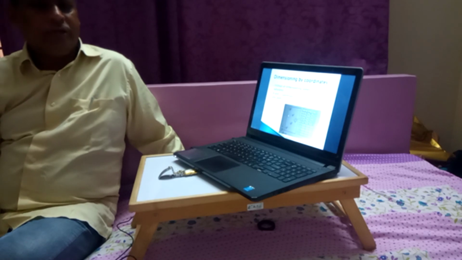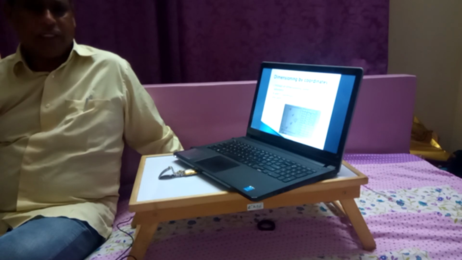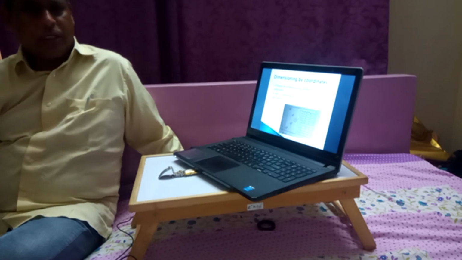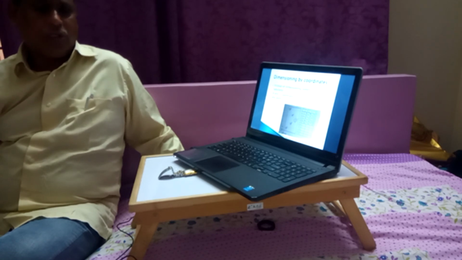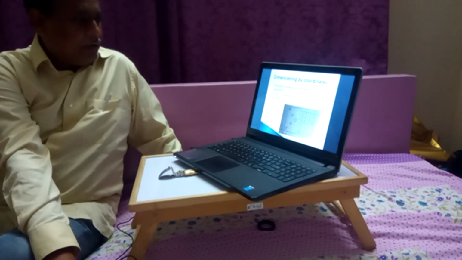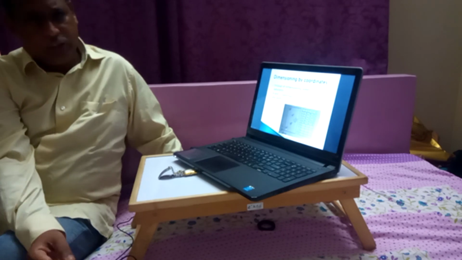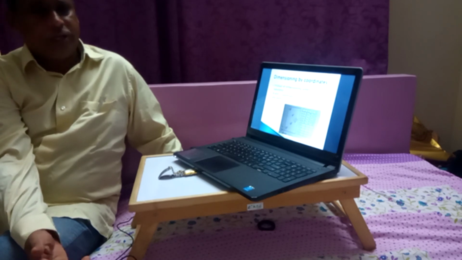Similarly, we can give the dimensioning by coordinates. That is, starting from the origin, in the x and y direction, we can give the coordinates. The origin may be arbitrary, depending upon our choice. Then the distance will be given. Generally, we take 0, 0 as the origin, some edge or the starting point of the edge. Then we will give the dimension of each center or each corner. Then the coordinates will designate the corner or center of any hole or something like that.